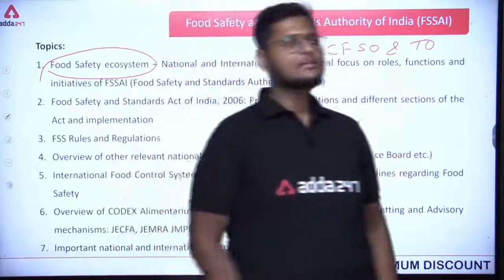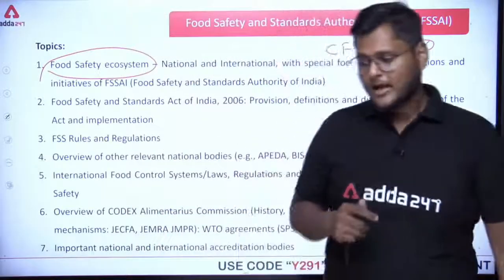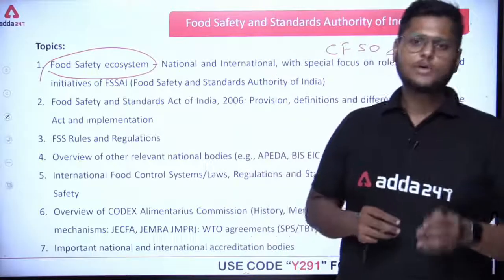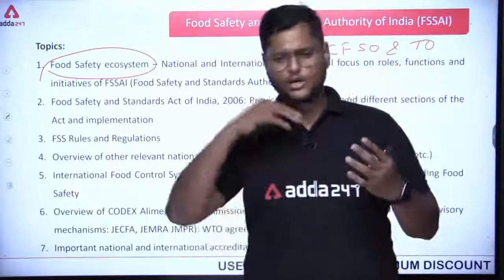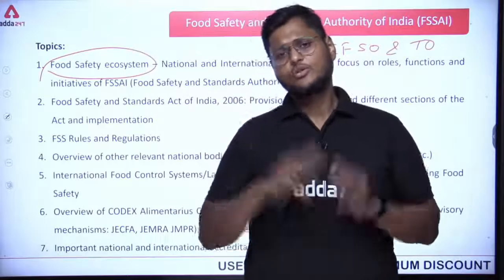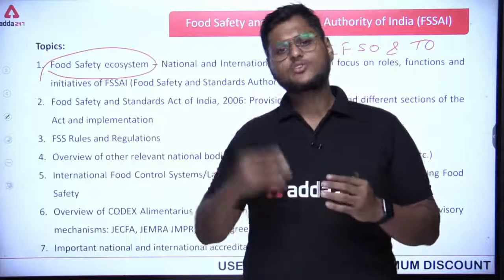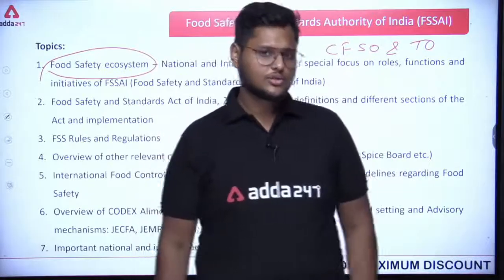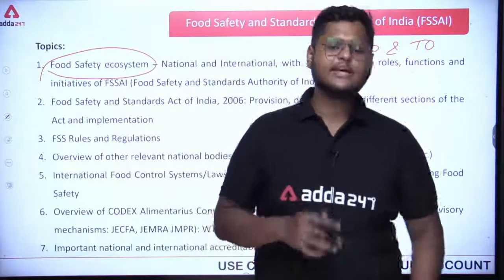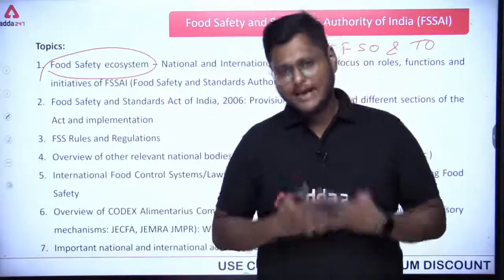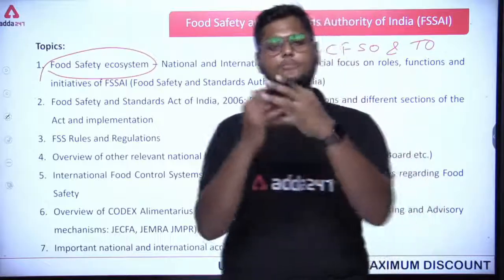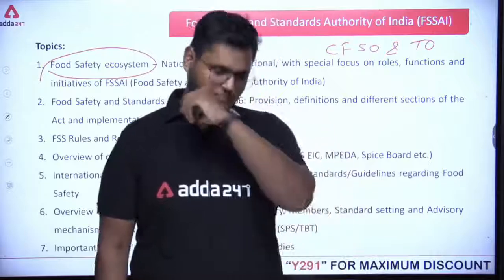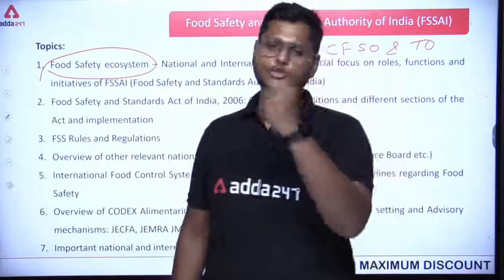Let's talk about the government first. What does the government want to do? The government wants to enact some laws or make new rules and regulations through which the government can ensure food safety, right? Now what should the food business operator or the restaurants do? These people should take care that the food they are providing to us or preparing for us should be free of any kind of contaminants or any kind of toxic substances.